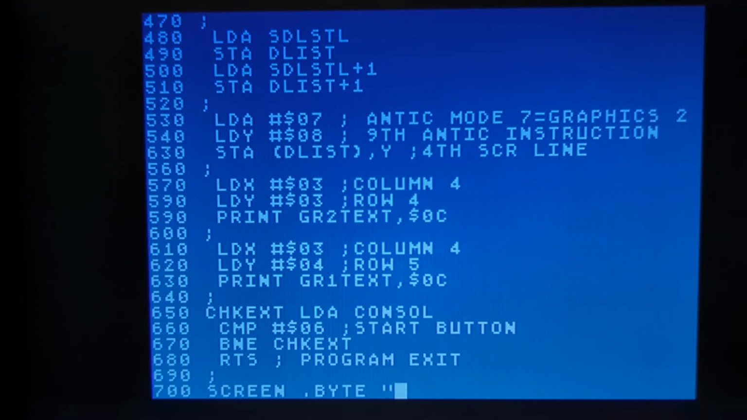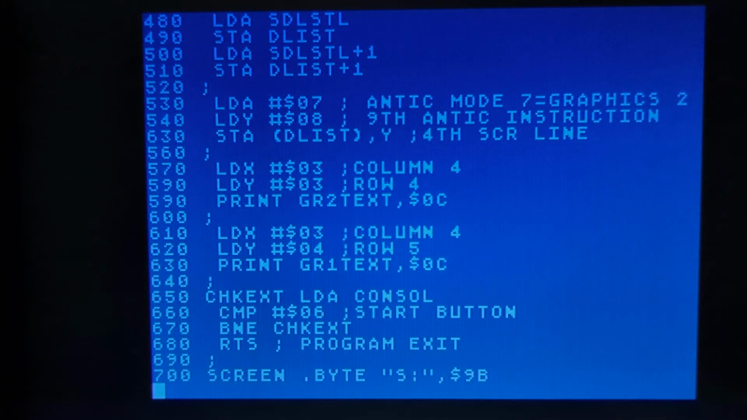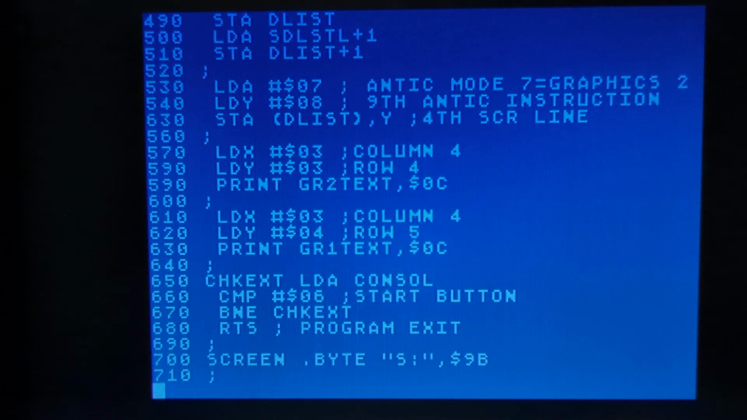This is for our file name for the open screen command. This is going to be our